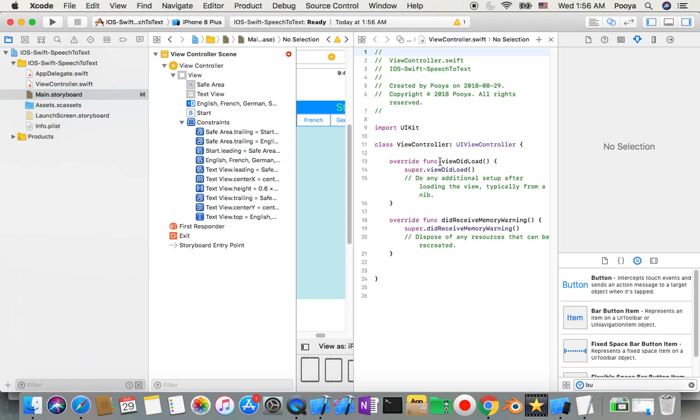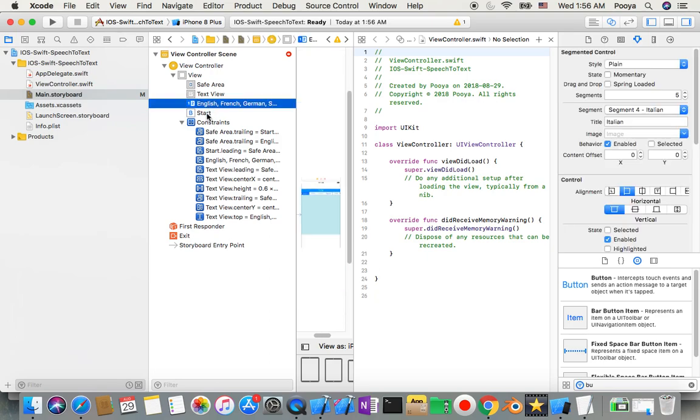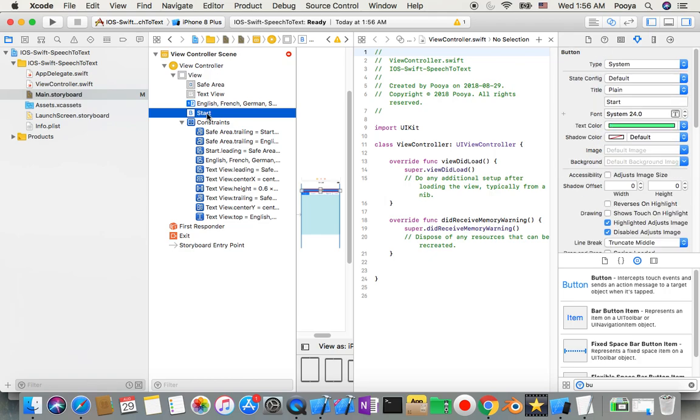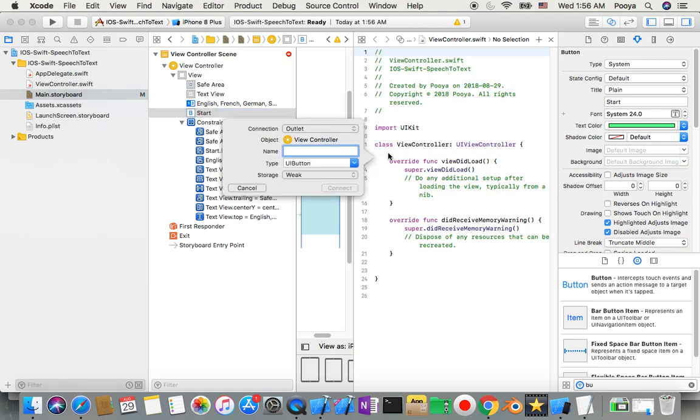which is our controller for this user interface storyboard. So first of all, I start from the button. For the button I need two connections, one for action and one for text. So here I bring my text here and I just say start,